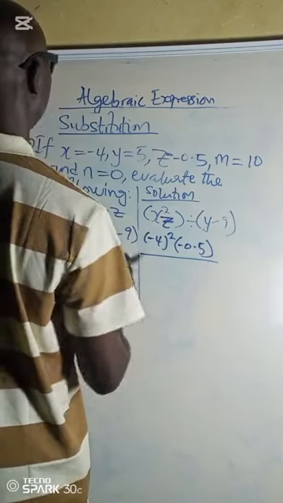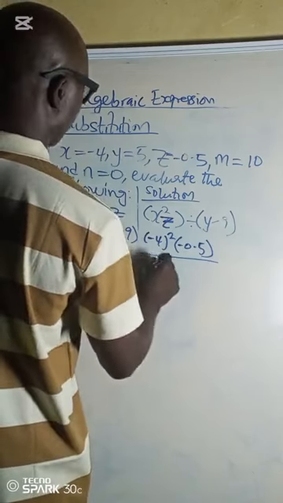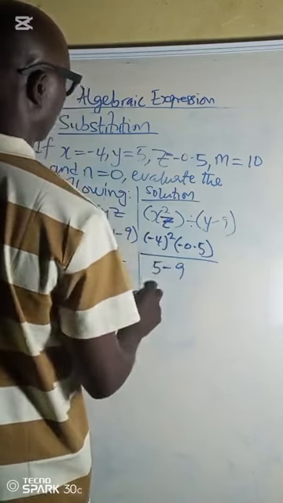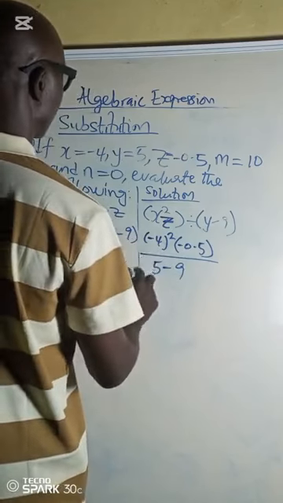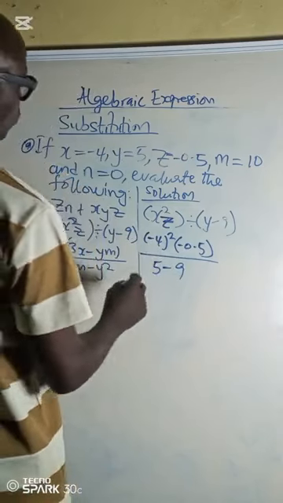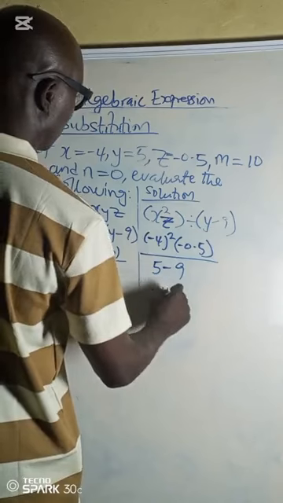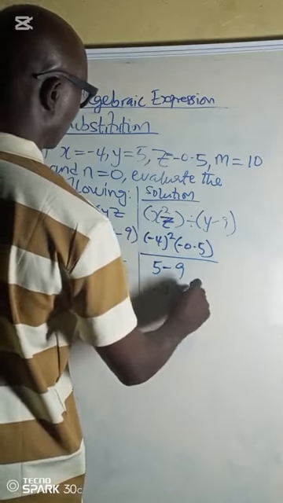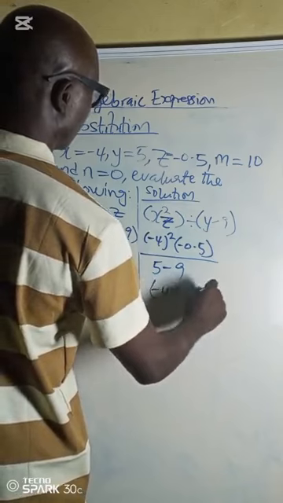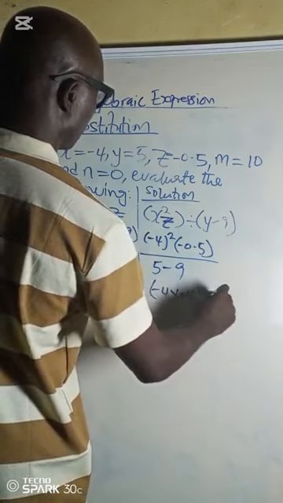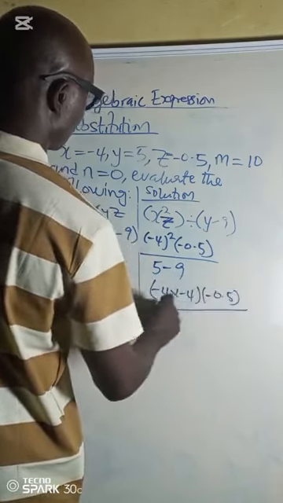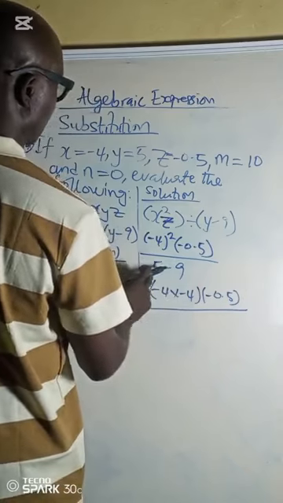What is y? Y is 5 minus 9. Okay. So minus 4 raised to power 2 is minus 4 multiply minus 4 multiply by minus 0.5 divided by 5